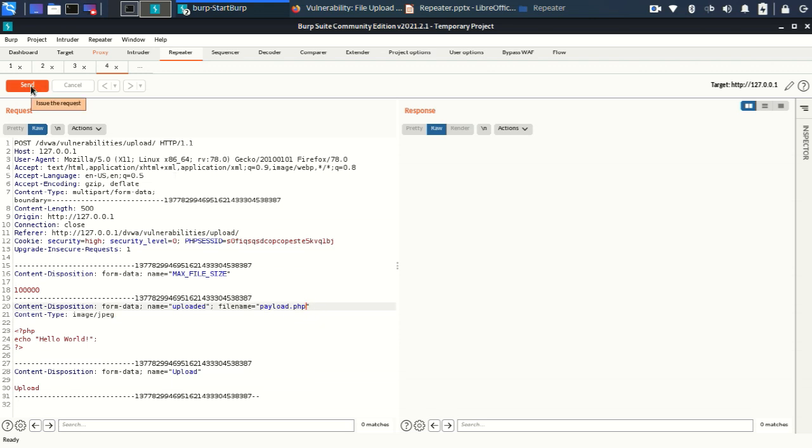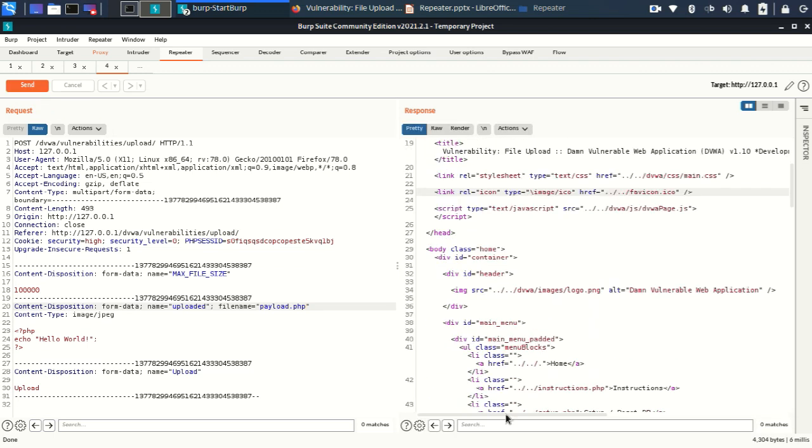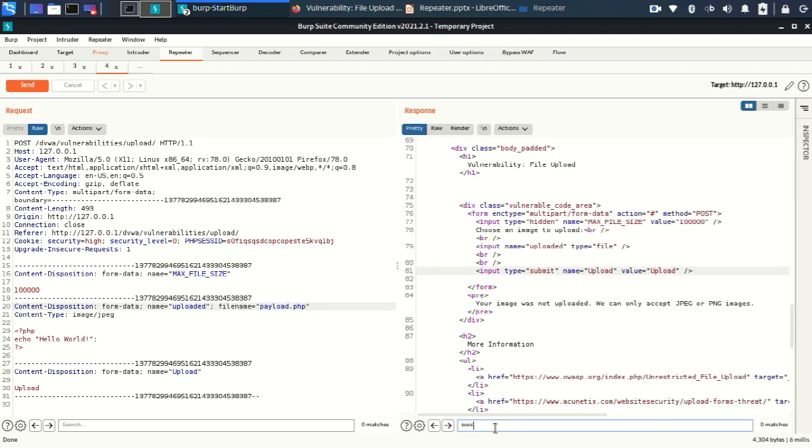Image was not uploaded. Okay, now it is not working. In the medium security level it was working, but now it is not working. Now let me change this file name to JPG. Again the same issue.